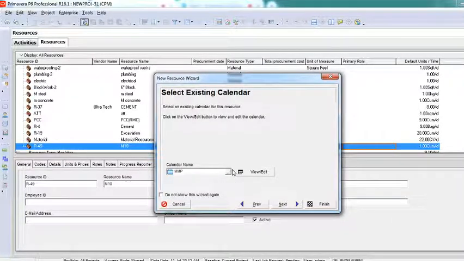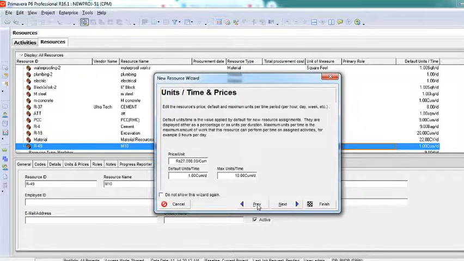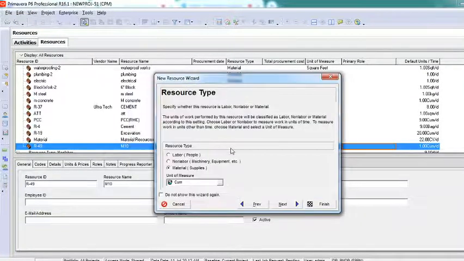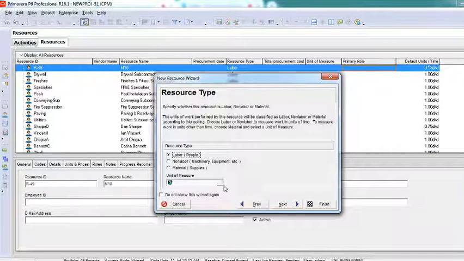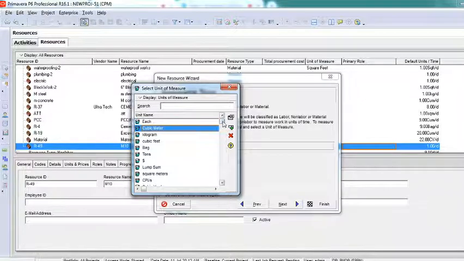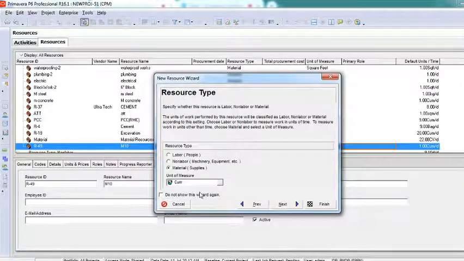So that is the unit option. Here, resource type. When you come to this resource type, you select a material, then this will pop up. The moment I click on labor, you can see it's not highlighted. I cannot select anything. But if I select a material, then I can select a cubic meter or whatever the unit it is. By default, if it is not there, as I told you, you will have to create it.